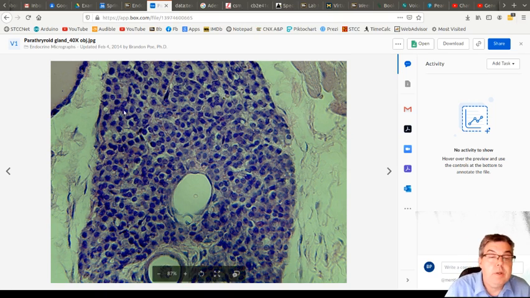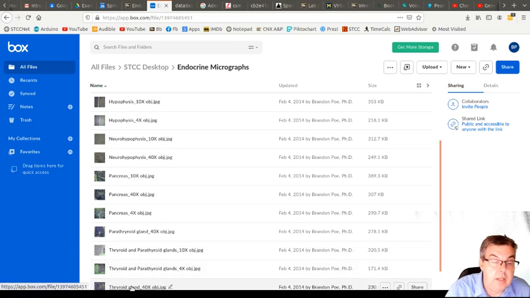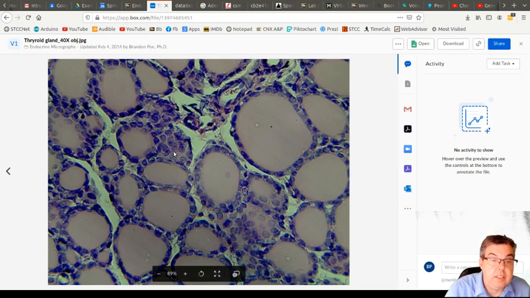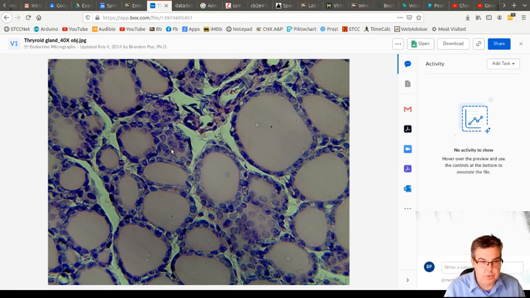Now, if you looked at one little patch of the parathyroid gland here and one little patch of the parafollicular cells of the thyroid gland here, they probably look identical. Sometime I need to make a picture of those two things side by side, and you wouldn't be able to tell the difference between the two tissues. That's because they're essentially the same thing. They're just your basic endocrine